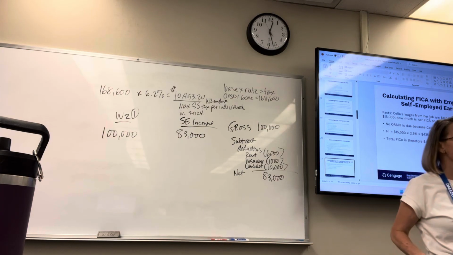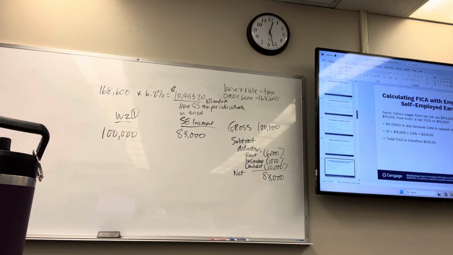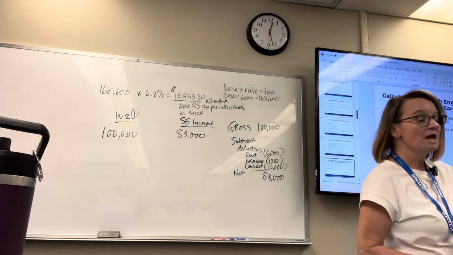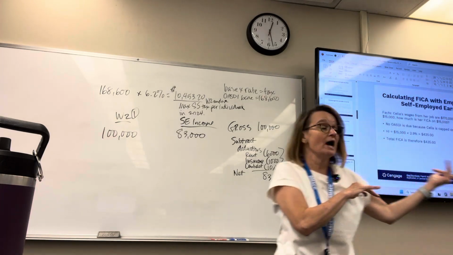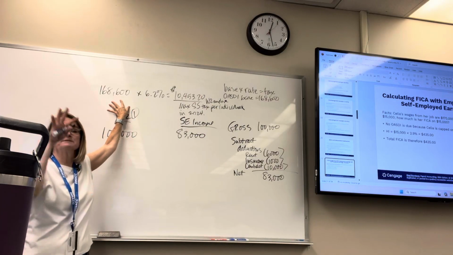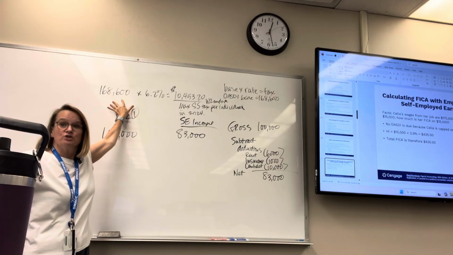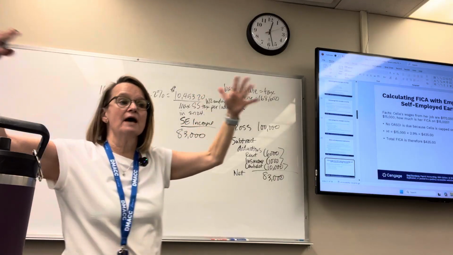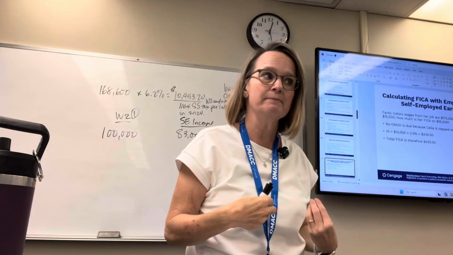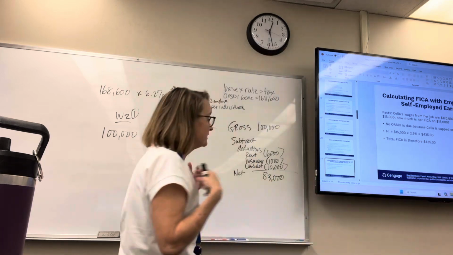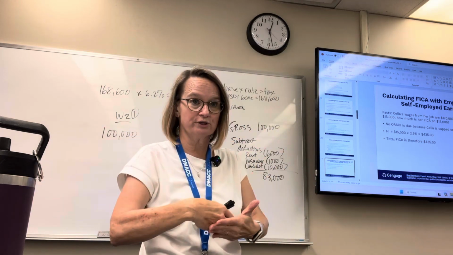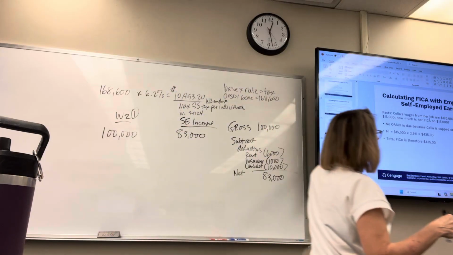Her wages from her job are $170,000. So that means even just from her job, she has met the $168,600, right? She's met the cap. If she has another W-2 job, they are going to withhold, but she's going to get that money back. She's no longer responsible for any additional Social Security tax because she's already made $170,000,